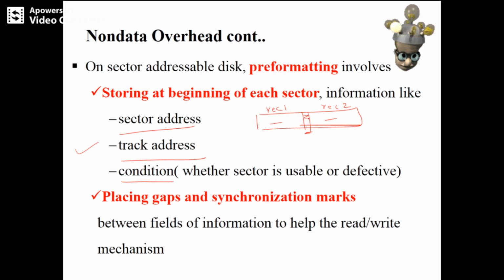So this is also space consuming, right? Or I will put some mark over here to show this is the end of record 1. This is also space consuming. These are not related to our data, right? In our data we don't have a hash, and we don't have a space. All these are called non-data.